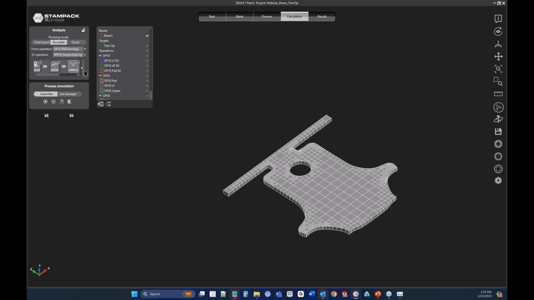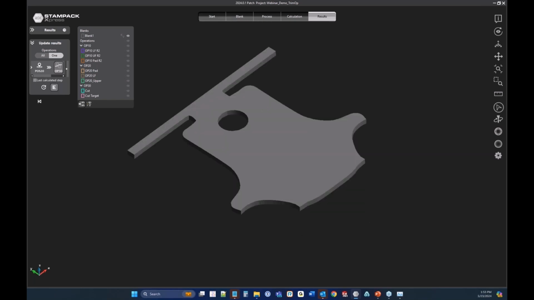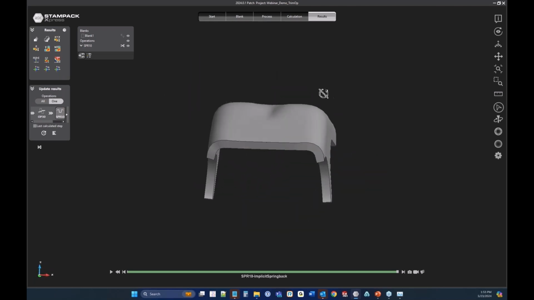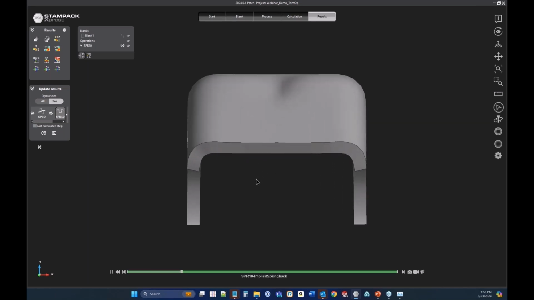So if we come back here to calculation, you can see we're right on operation 20, that's solving right now. So let's go over to our results. And it looks like operation 20 finished. And now we have our springback results all ready for us. So let's go ahead and load those up. And I'm going to look at it from the front here. And already you can see that that's some pretty severe springback. So if we go ahead and play the animation here,